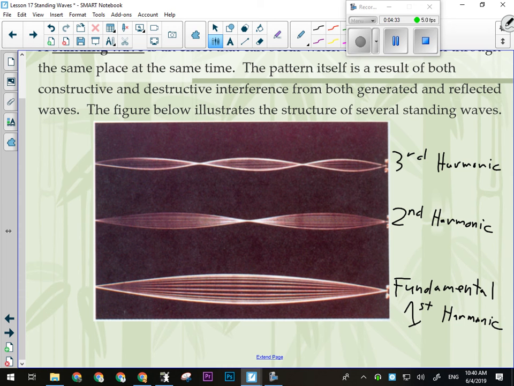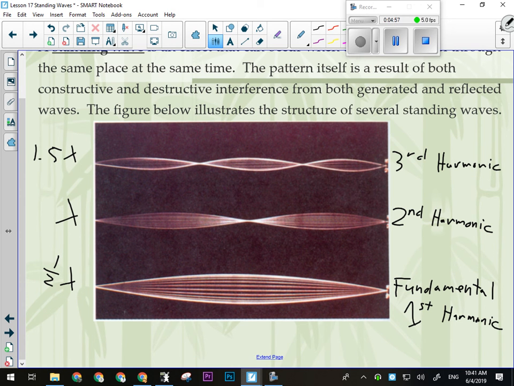Now, what we were talking about here, and an important skill we have to have, is to be able to look at these waveforms and say, how many wavelengths are there on this string or spring or whatever it happens to be? In this case, there were how many wavelengths? A half. Here, 1.5. So we do have to be able to identify that,